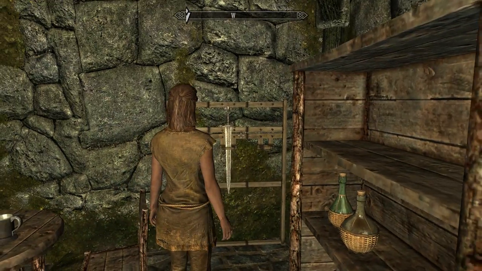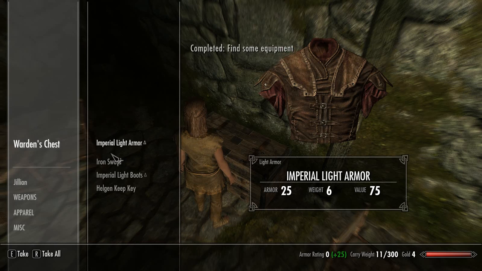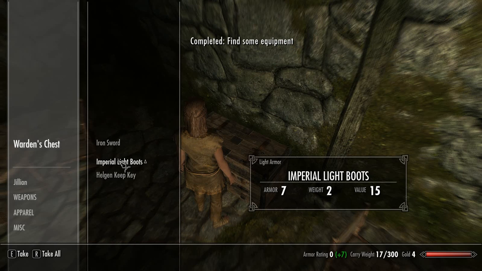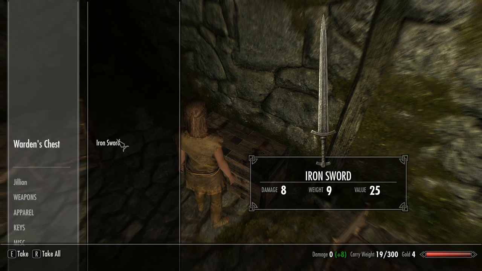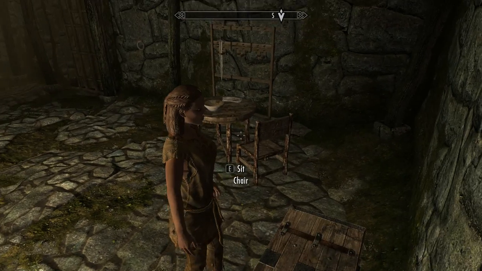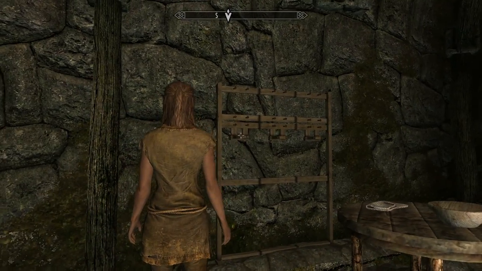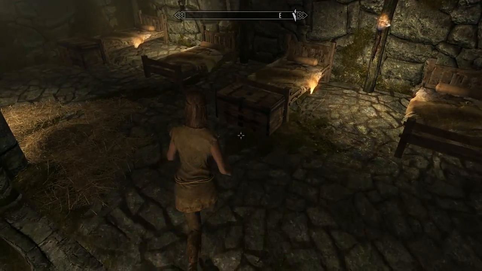I'll go over here and grab a sword. And the chest has some armor. Has another sword, but seeing how I have one, I'm not going to worry about it. I'll take the Helgen key, because later you might want to come back here. I always did. I went ahead and took that sword anyway, because I'll sell it later. So I'll get out of that, hit the tab, and you can get out of that. I'm going to grab another sword just for the hell of it. And I always check everything,